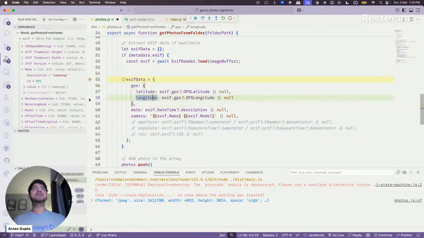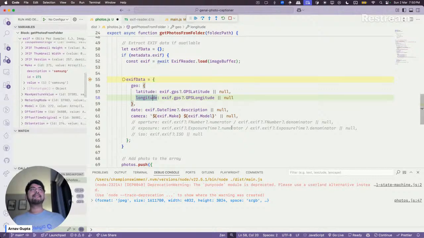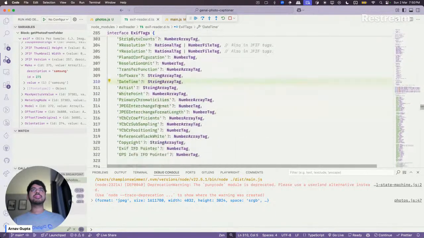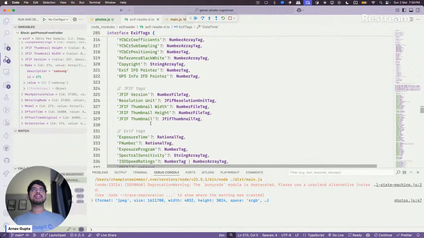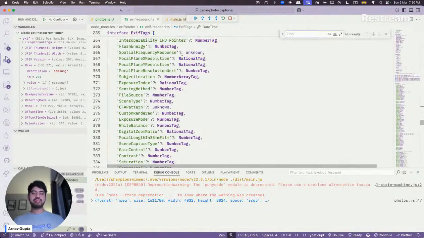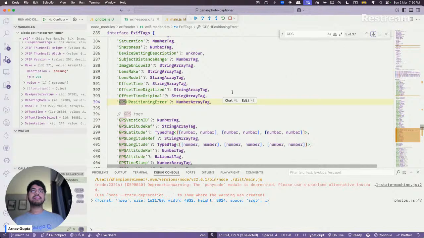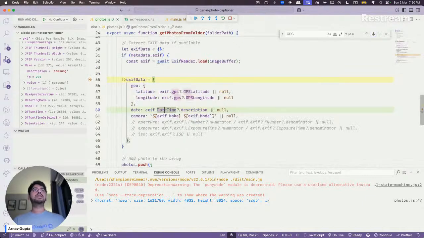Not required. How can I get the geo stuff? Let's see. GPS latitude. Okay.